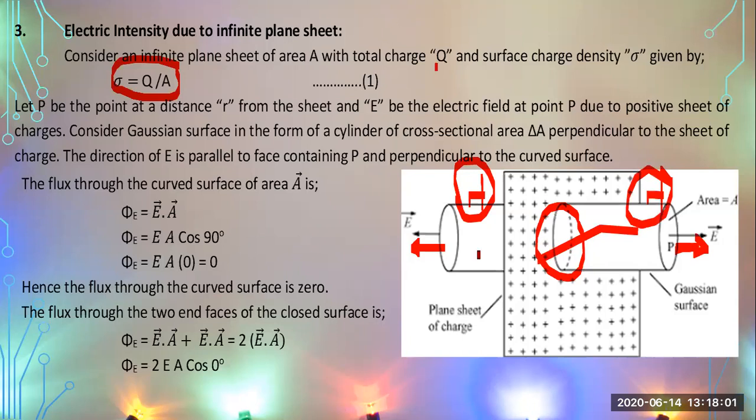But if you look at the other side, E and the area along this cylindrical surface are in the same direction. So that's why here there is electric flux, and similarly on the other side there will be electric flux. This is the backbone of this topic. You have to understand that there are only two faces where E and A are aligned, that is maximum electric flux through that surface: the right side of this cylindrical surface and the left side.